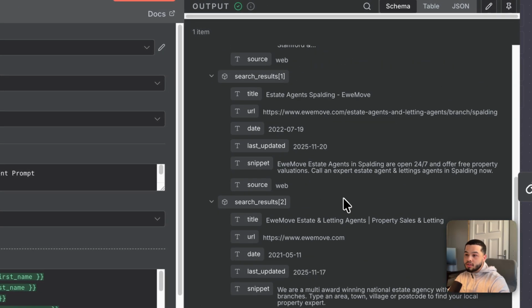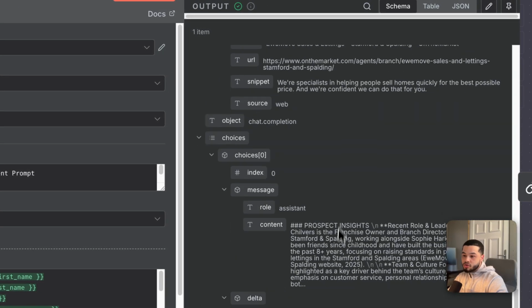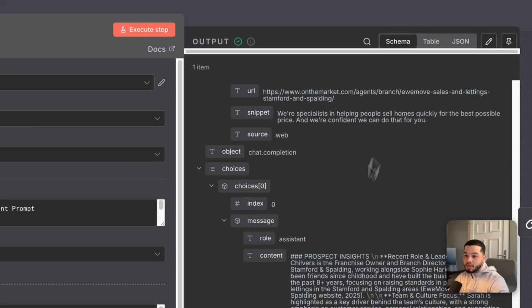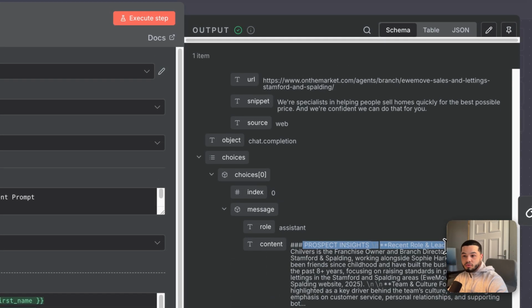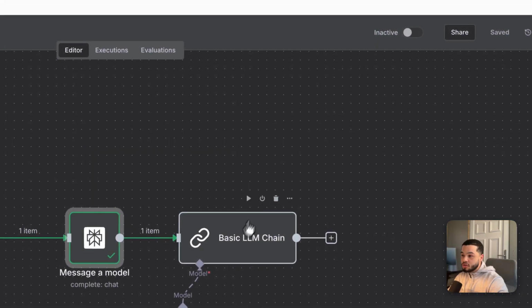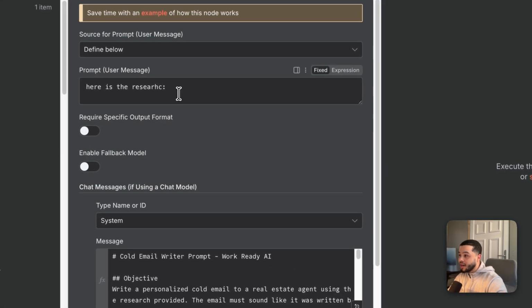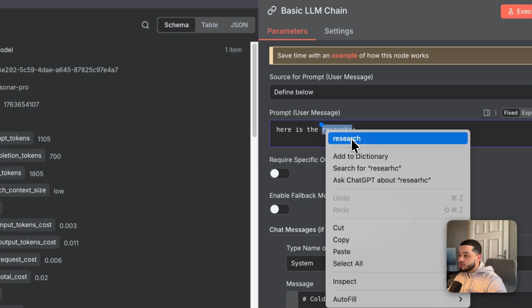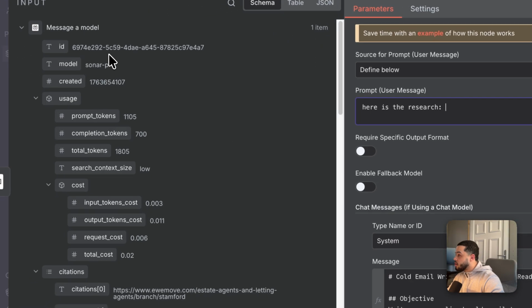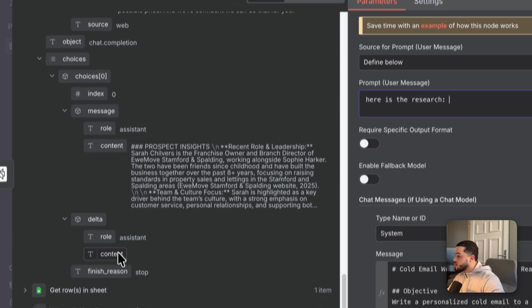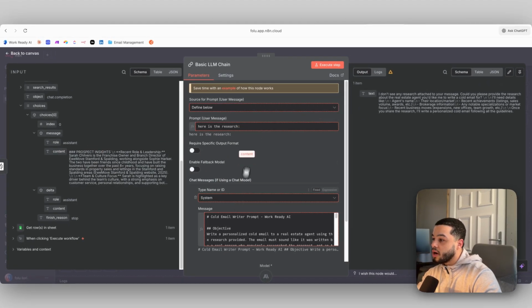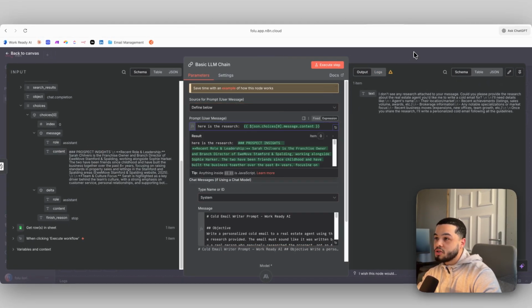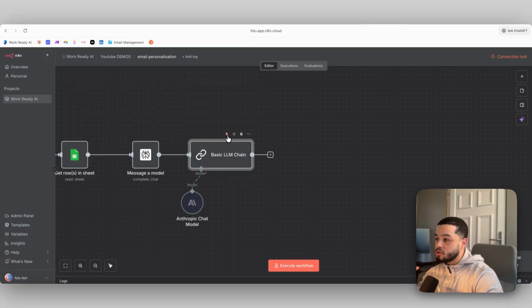So we get all of the links that it searched through, and then we have the actual content down here in which we can see it does all of the prospect insights, recent role and leaderships, and it does the full research for us. So we're going to take that, bring it over here, and we're going to add it into, here is the research for Claude module. We're going to come down here, find the actual content. We just need the content, which is this one right here. Bring that over and drop it into here's the research,